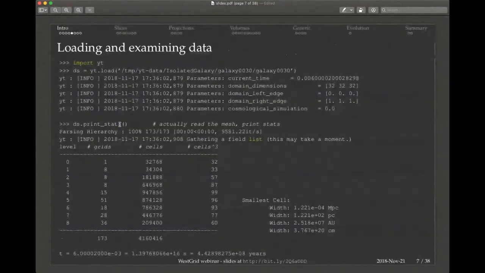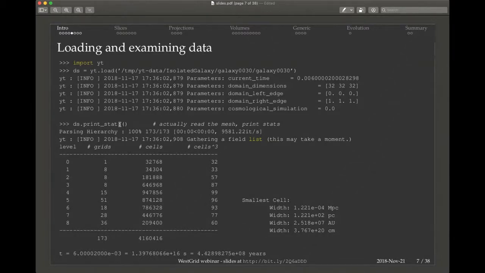Okay, so here is how you would load data into YT. So this example is from an Enzo simulation, so once again, a galaxy formation code. And in this case, it's not a cosmological simulation, it's a standalone galaxy, so they just took a volume about 1 megaparsec on a side. So a megaparsec is a million parsecs, and a parsec is about 3 light years. So a volume 3 million light years on a side, and then they turn on physics, gravity, and interesting things started happening. So here we're loading, first of all, we import the YT module into your Python shell,